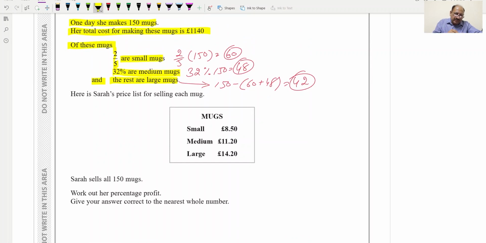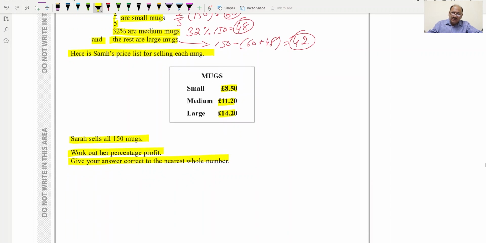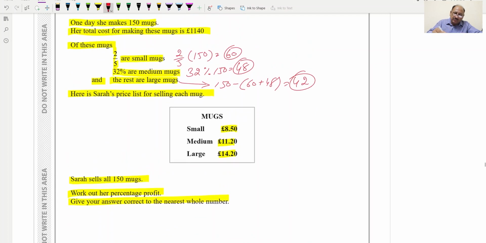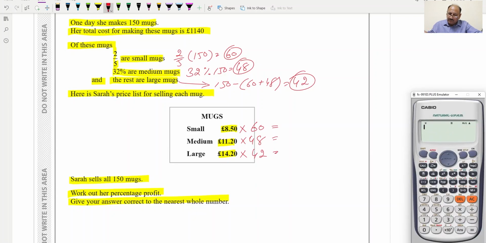Now here is Sarah's price list for selling each mug. Sarah sells all 150. Work out the percentage profit. Give your answer correct to the nearest whole number. So these price numbers, we now will be multiplying, because there are 60 small, 48 medium, and large are 42. We can calculate this amount, and this will be 8.50 multiplied by 60 is equal to